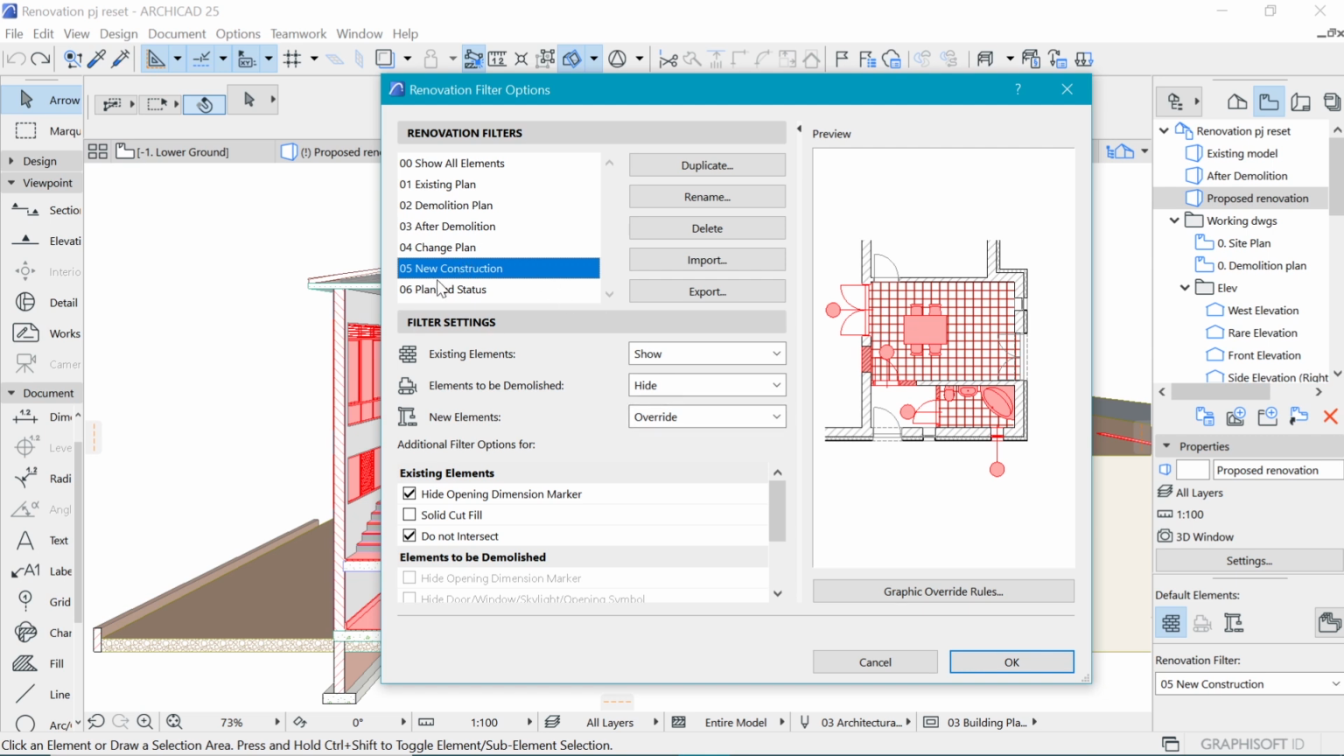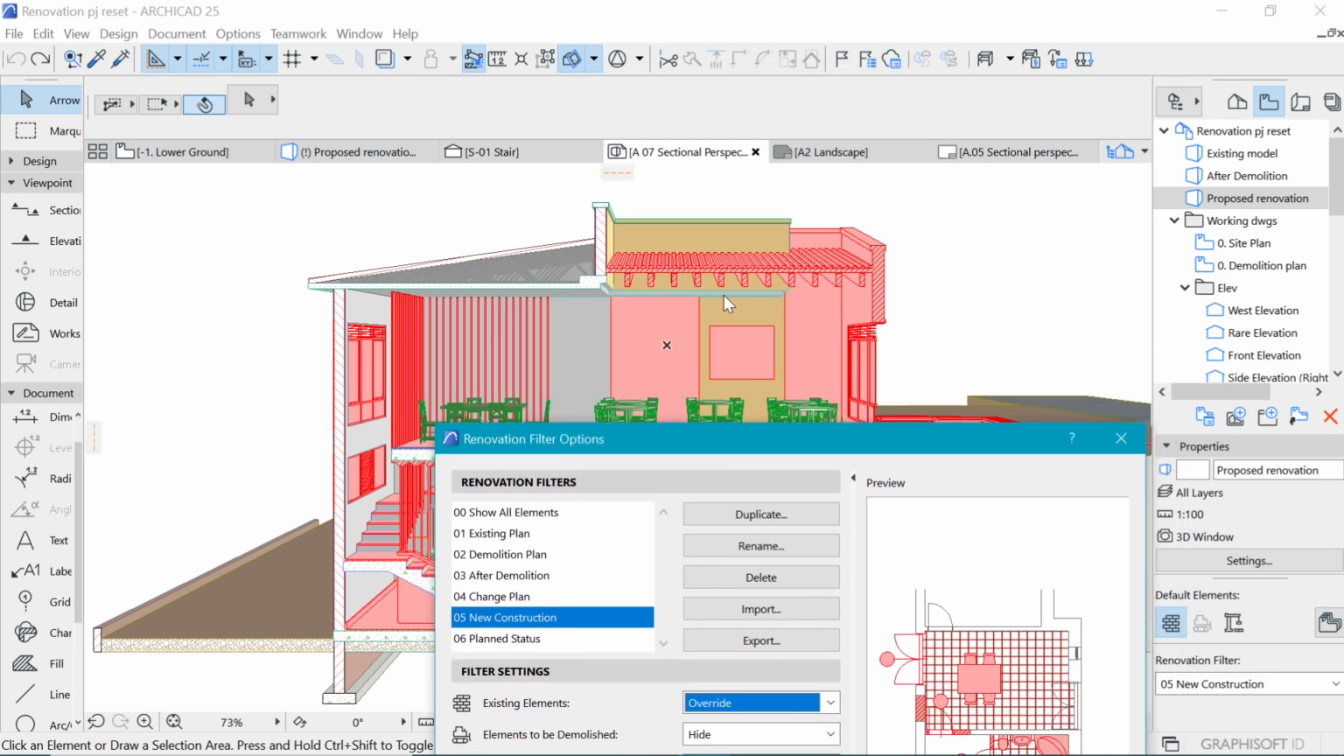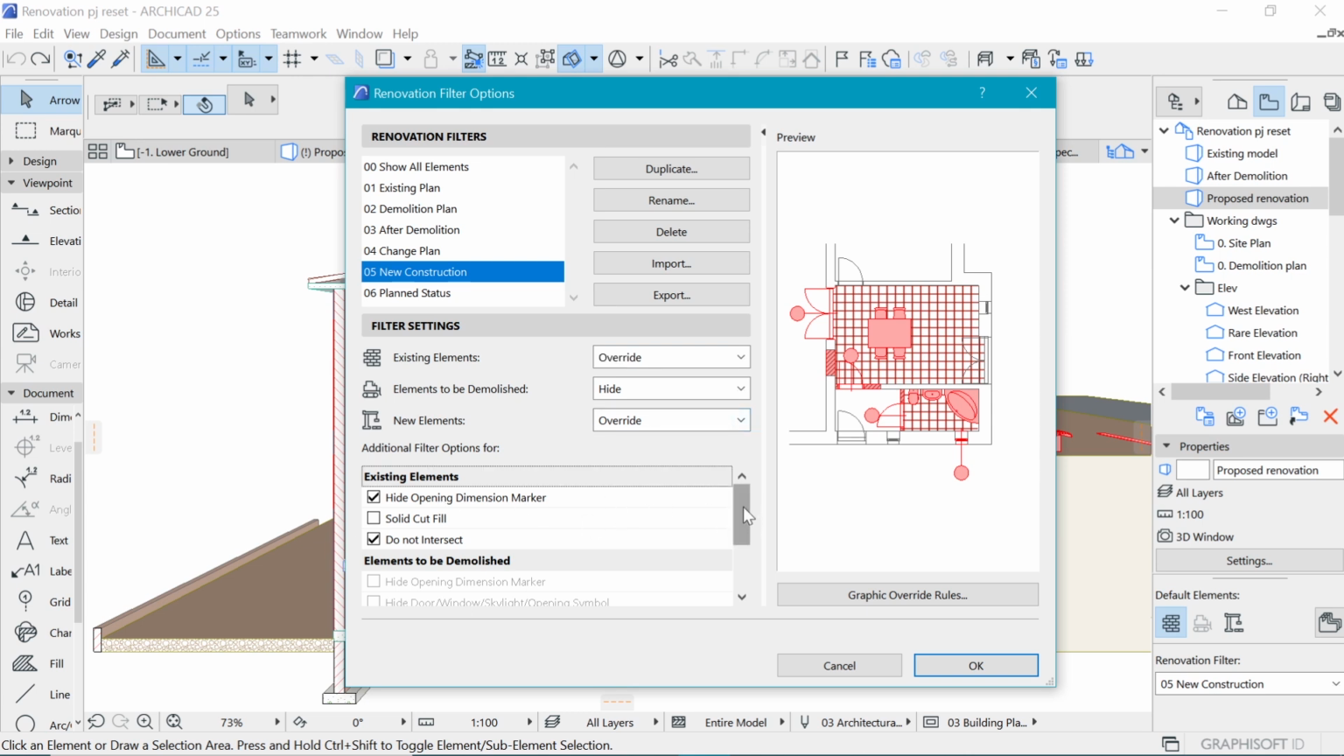So the renovation filter we chose is the new construction, and under this, for this kind of drawing that we're going to do, I like to change the existing from the show, which is there by default, to override, because I want to have some of these things overridden. And that's because there is so much color going on. We have yellow, we have some white and brown. So I want to have that a little bit uniform such that we do not have too much going on in the drawing. Leave everything the way it is, and right here